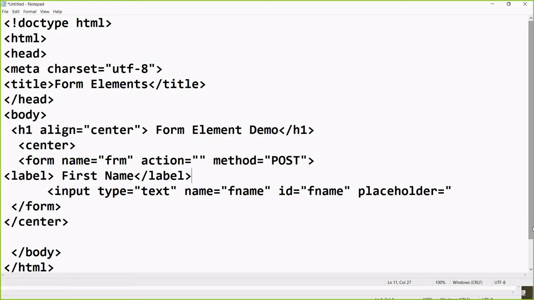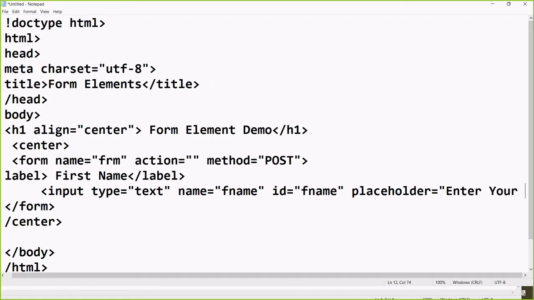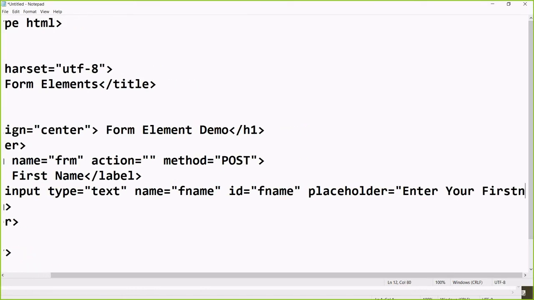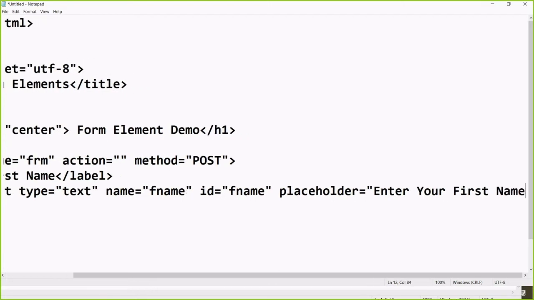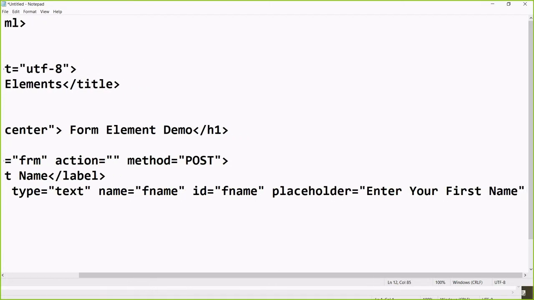But now in the latest one, in the placeholder itself you can write, enter your first name. See, in the input box itself this message will come: enter your first name. So you can save the space of the label.